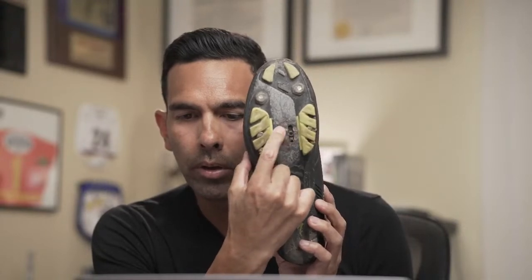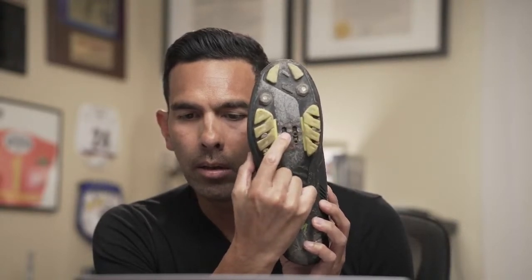see how this kind of moves, right? And there's two holes there. So you could put the cleats up there and move them really, really forward, or you could put the cleats down here and pull them way, way back. So there's lots of adjustability here. And I have a similar shoe. So I actually practiced on this shoe, and then